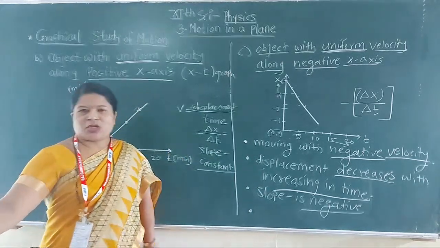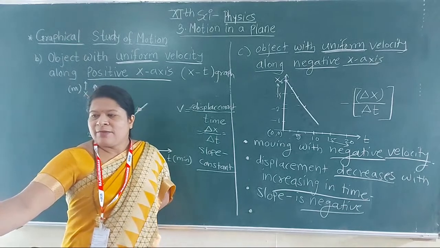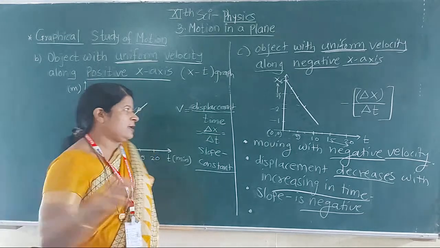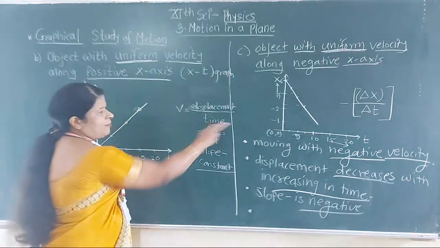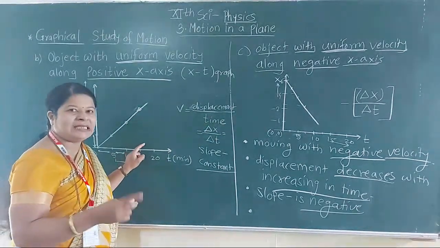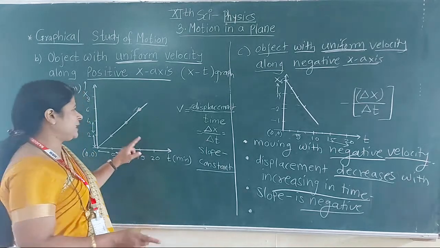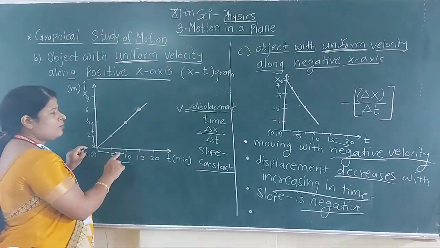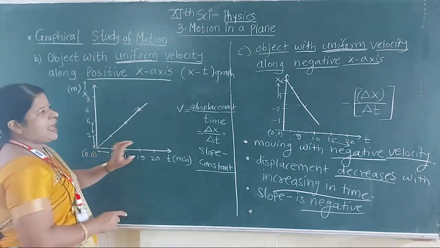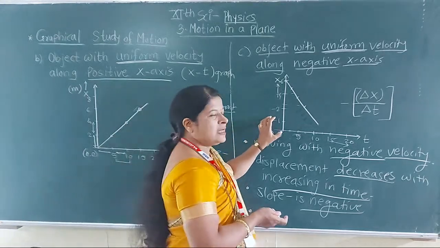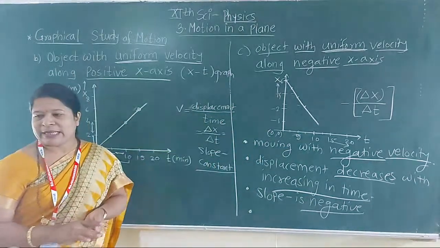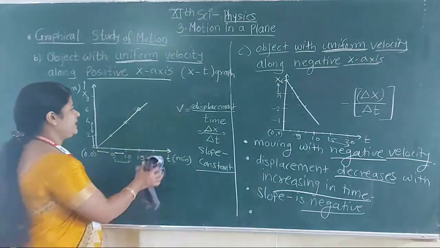So the average velocity of a particle can be positive or negative depending upon the displacement. See, these two graphs are representing positive velocity as well as negative velocity of the object. These graphs represent positive uniform velocity of the object, and this graph represents negative uniform velocity of the object. So next graph is